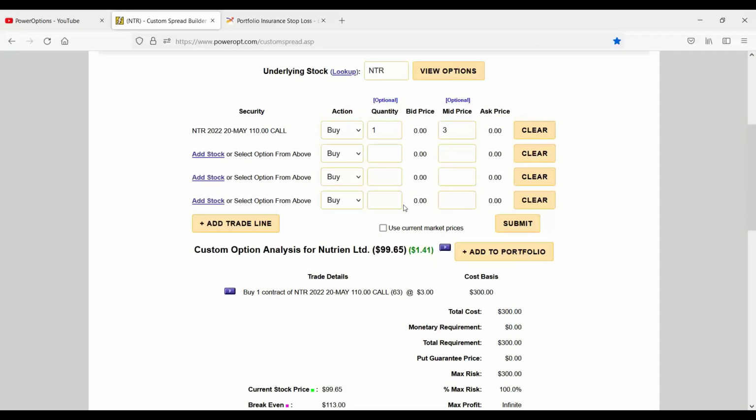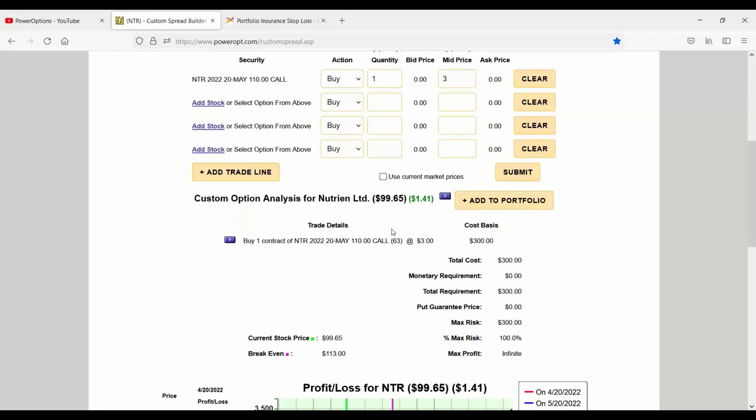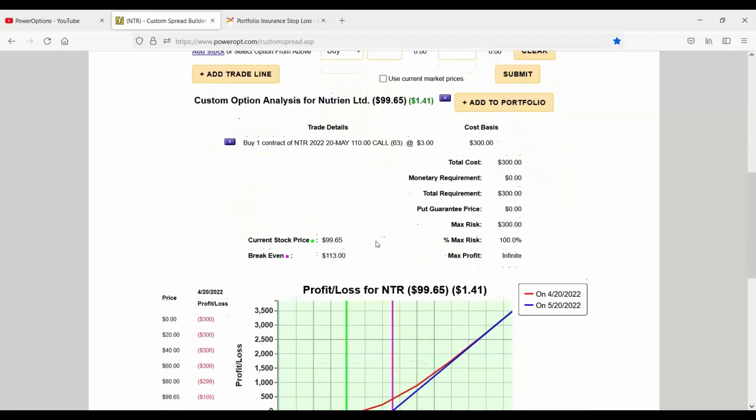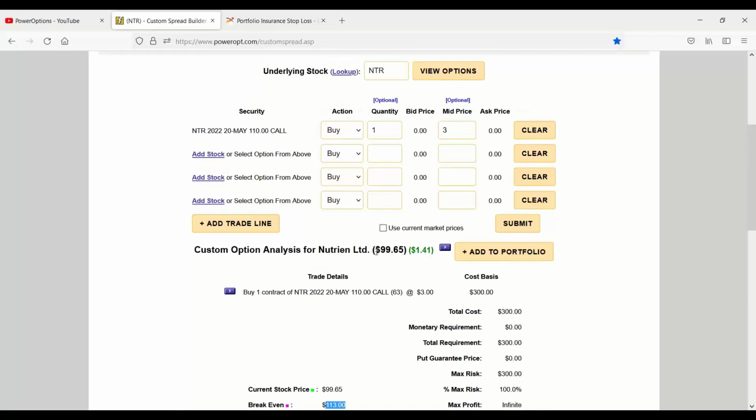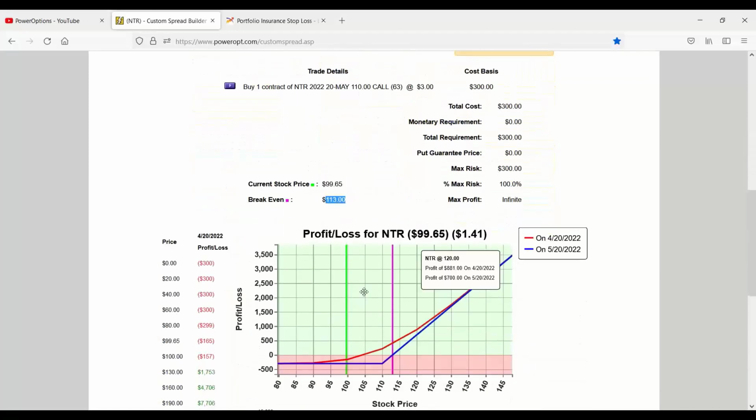Now, Eileen's question was fairly simple. She hasn't done a lot of call buying or put buying before. She was mostly selling options, doing spreads, and she's done calendar spreads, I believe, as well. But in any case, when you look at the profit and loss chart, you see the break even here at 113. Her concern was that, well, I can't make any money until the stock's above 113 at the break even price. That's true. If the position is held all the way to expiration and you didn't close it beforehand,